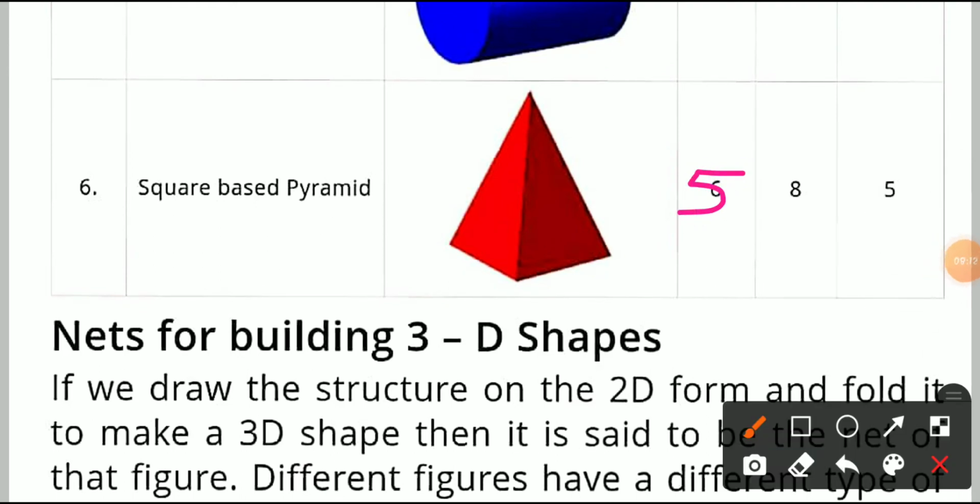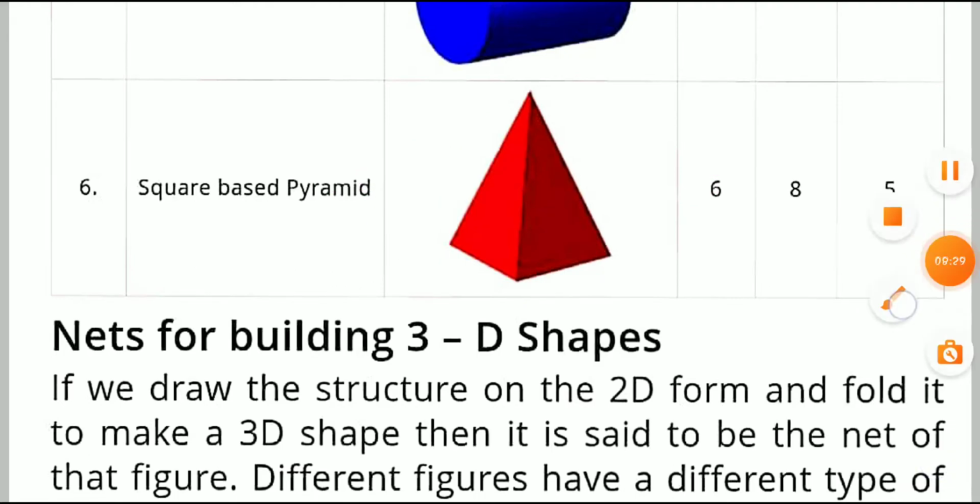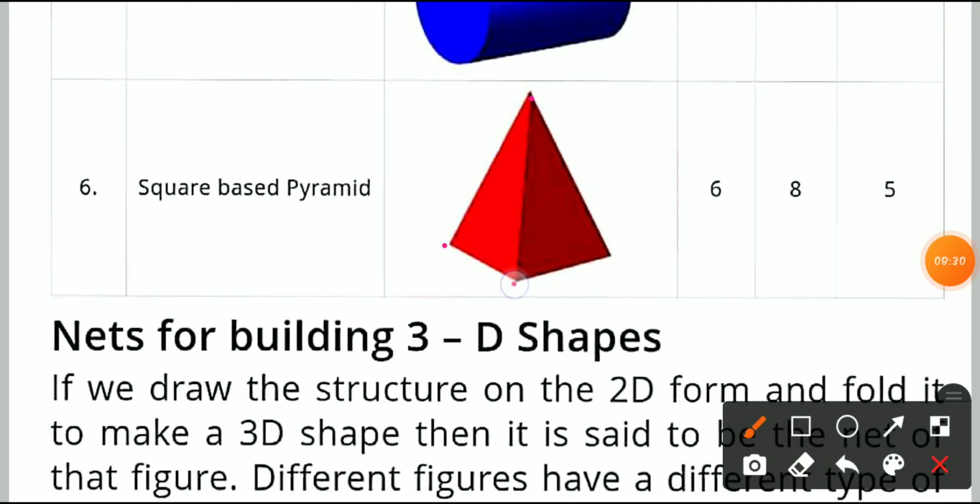Now how many edges are there? 1, 2, 3, and that side 4, 5, 6, 7, 8. Okay, now how many vertices are there? Count number of vertices: 1, 2, 3, 4, and that one is 5. 5 faces, 8 edges, and 5 vertices. Okay,